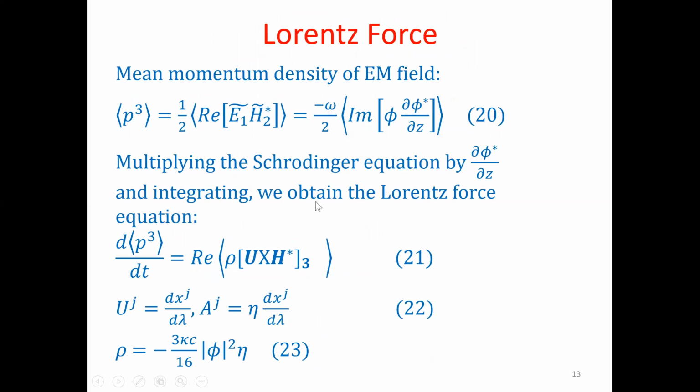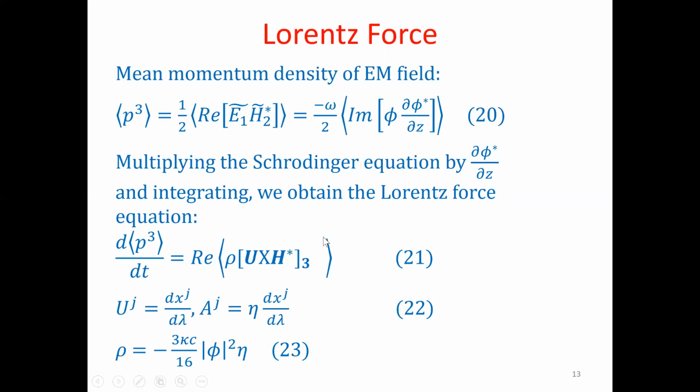The mean momentum density of the electromagnetic field is given by this equation here. Here P3 is the z component of the momentum density. E1 tilde and H2 tilde are the slowly varying envelopes of the electric and magnetic fields respectively. Here the brackets are the expectation operators. And we can express this electric field and magnetic field in terms of the slowly varying envelope of the electromagnetic potential in this form. So multiplying the Schrodinger equation by d phi star over dz and integrating over the volume,